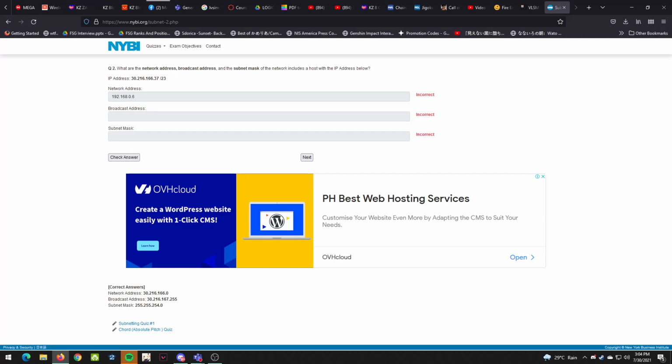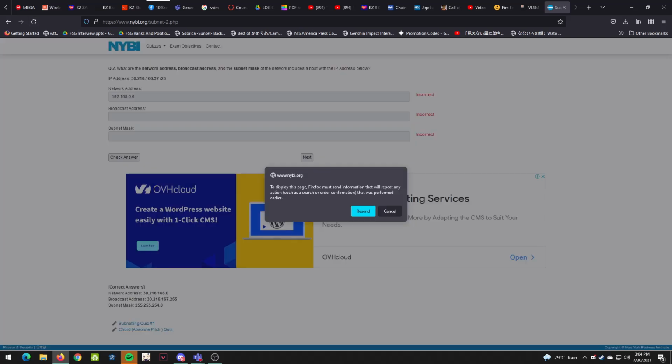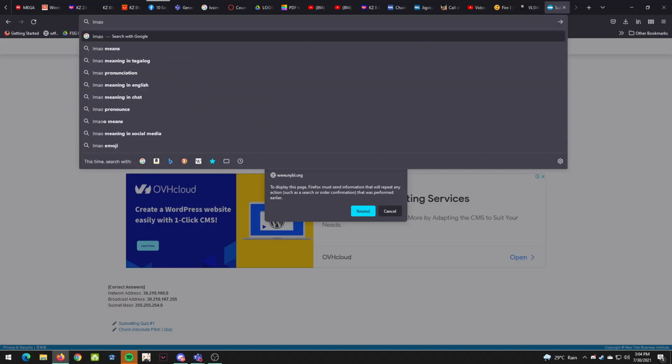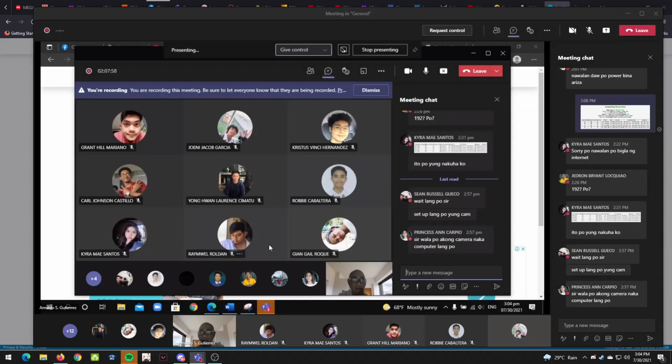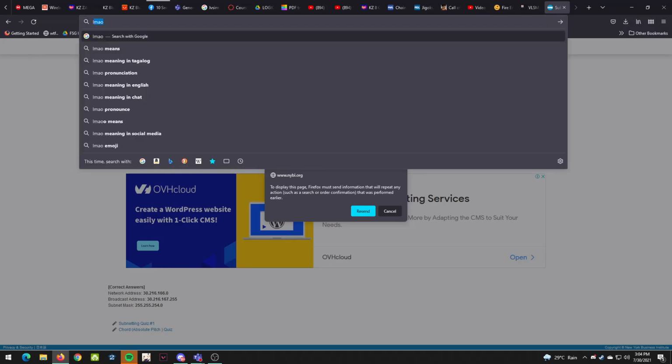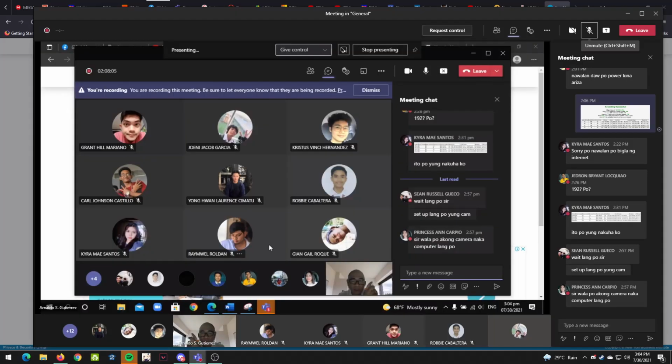Oo. It is more on the 4 siya, no? Roldan, baka you were mistaken, no? Kasi yung slash 24, so kung slash 22, yung dalawang bit doon, gawin lang natin ng 0. No? So, kung 4 siya,